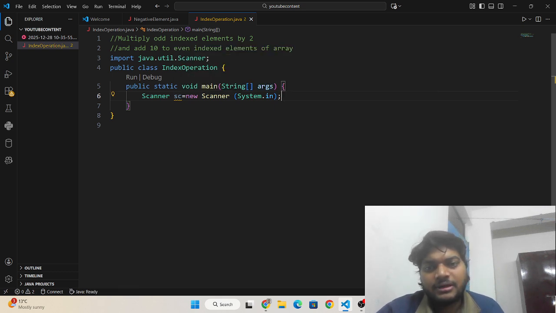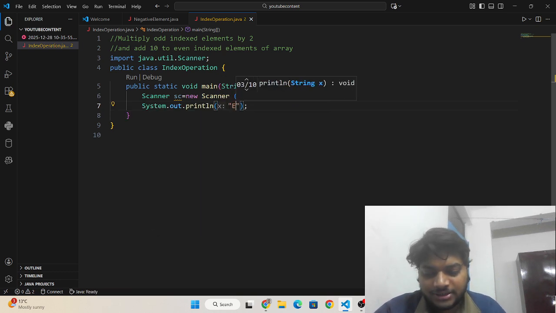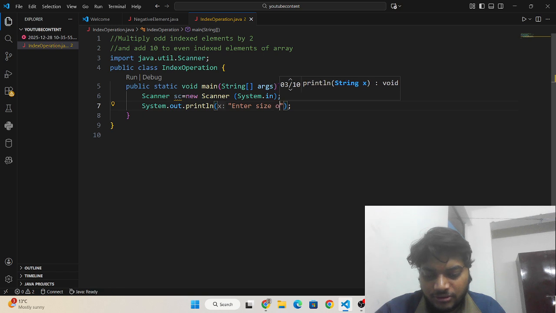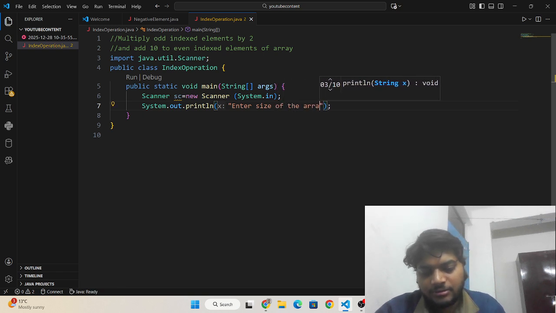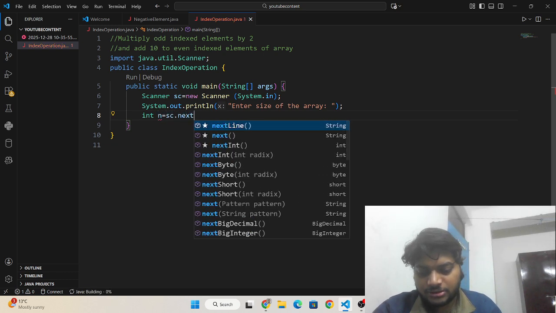Okay, and we have now created an object of the scanner class. Now I need to write here a message to ask, enter size of the array. Okay, and then I'm going to take the size with the help of n equals sc dot nextInt.